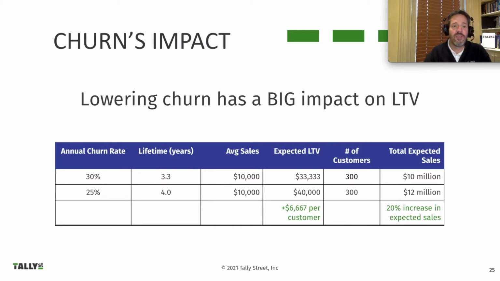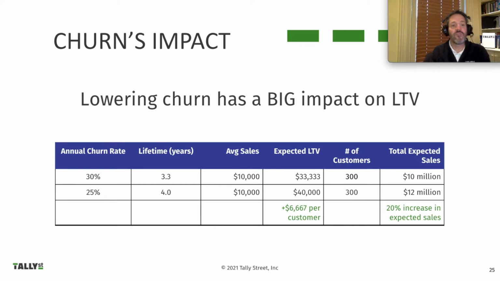Now we mentioned churn has a big negative impact, a big downside for a business. And here's a simple illustration of how lowering churn really can drive profitability and performance at a business. Let's take a business whose average sales to customers are $10,000, and let's say they had an annual churn rate of 30%. We know from dividing 1 by 30% to estimate the lifetime that they can expect a customer to be retained for about 3 1/3 years, which means they would sell that customer a total of over $33,000.